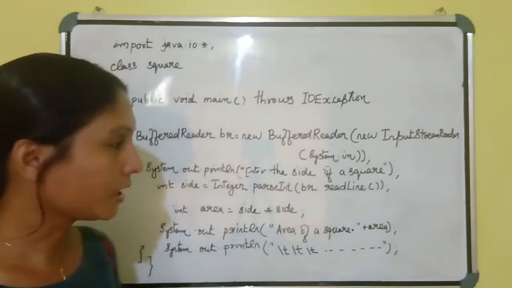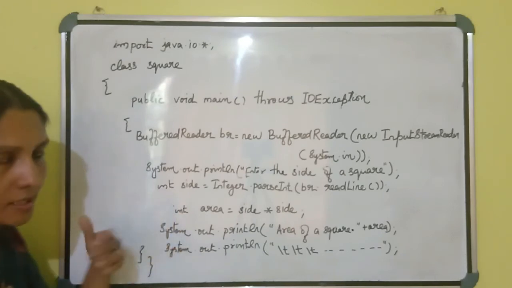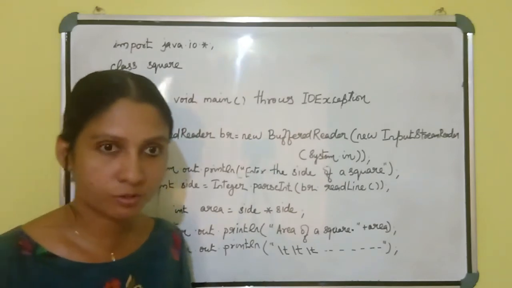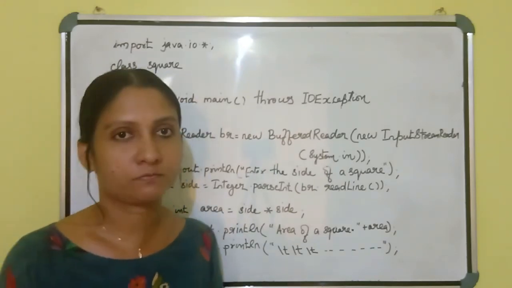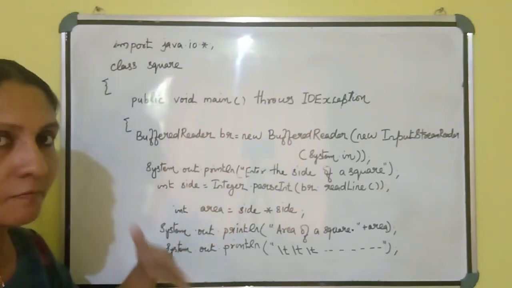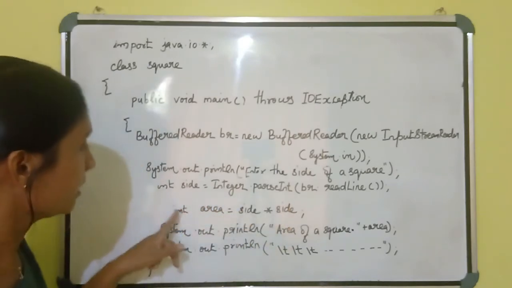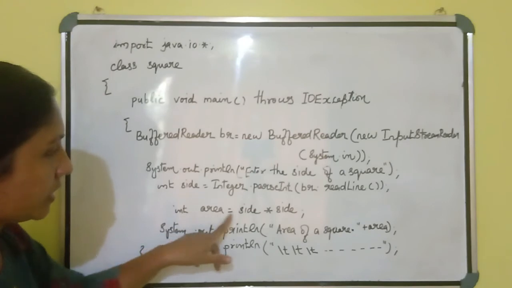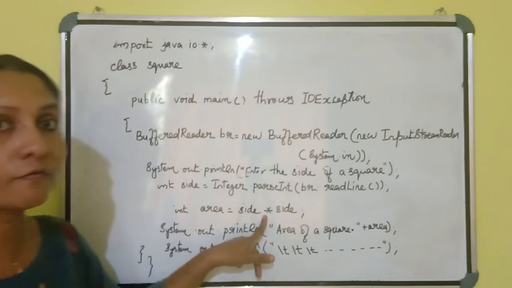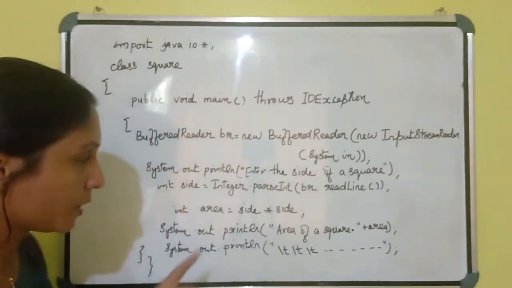Understood all of you? After that, we need a variable to calculate the area. What is the variable here? Area, declared as int. Sometimes we can use float, if you want to enter a real type value. But here I am using the int data type. Next time we can use float; if you are using float type, you should use Float.parseFloat like that. To calculate the area, we are using int area = side * side. That is the equation. You should use this star symbol, or asterisk symbol, instead of the into symbol, because for finding the product we use the asterisk.